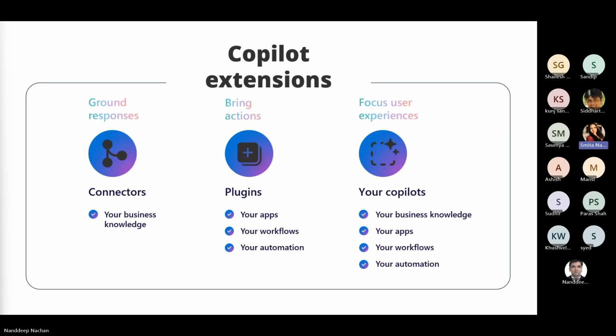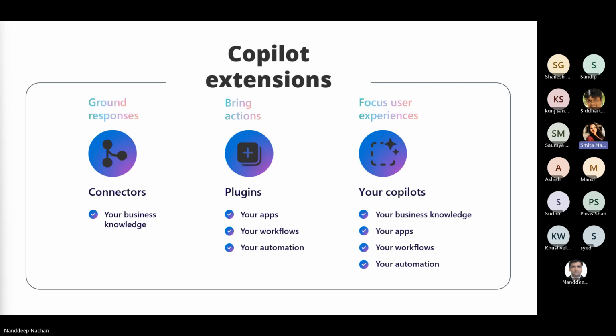Some of the key areas is your business knowledge. So the custom copilot can access and interpret the business specific data, making them more insightful as well as relevant. So your apps, workflows, as well as the automation, they can interact seamlessly with